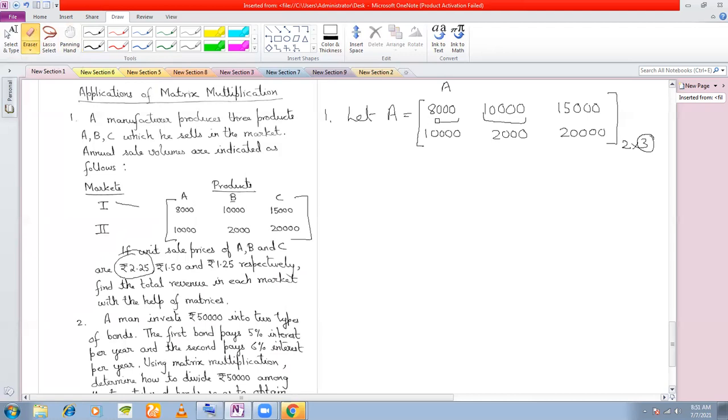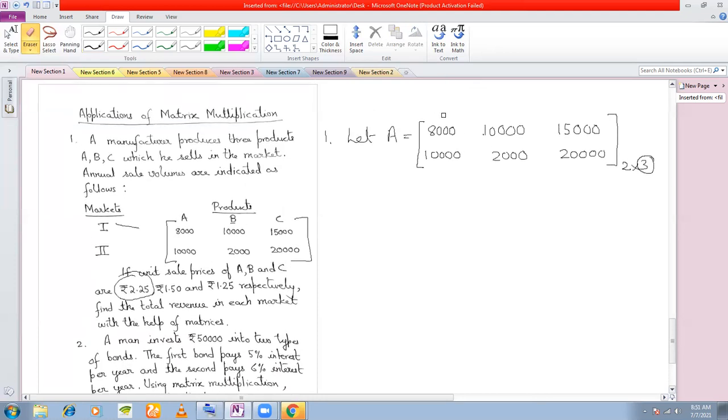So this matrix here is 2 by 3. That means if you want to multiply this matrix with any other matrix, what should be the order of that matrix? If I call the matrix B, how many columns here? 3. That means B must have 3 rows. Definitely, because if you want to multiply A with B, then the number of columns of A must be equal to the number of rows of B. So the number of columns of A is 3 and the number of rows of B must be equal to 3 also. So here B must have 3 rows,